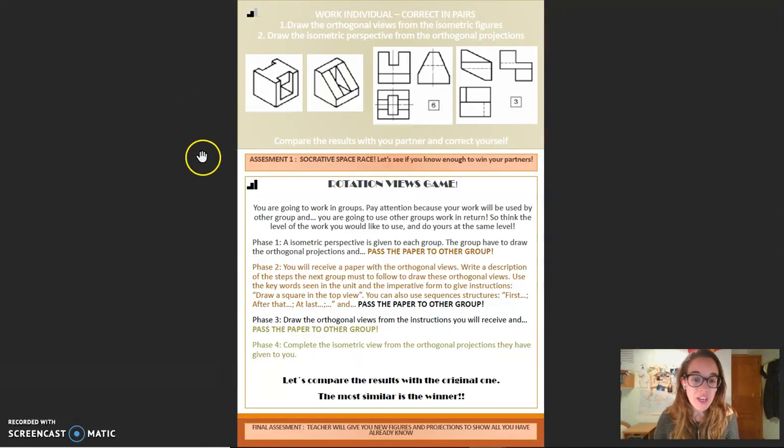For me, one of the best activities of the unit is this one, because with all the contents that we have learned, we are going to practice in a fun way, because they are going to develop by groups some tasks similar to those they have done before, but passing the documentation that they develop to the other group, and they are going to receive the